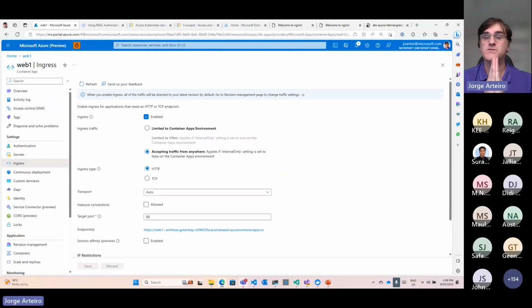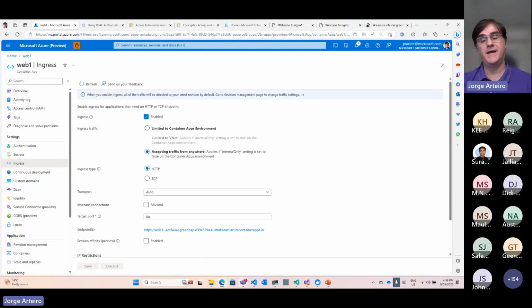Kubernetes, if you use Container Apps, is a way to deploy your application as a container, and you only pay for the amount of time that it's running, like a serverless thing. And you can deploy anything on Azure Container Apps. That's also Kubernetes, okay? But you don't have to manage all these things.